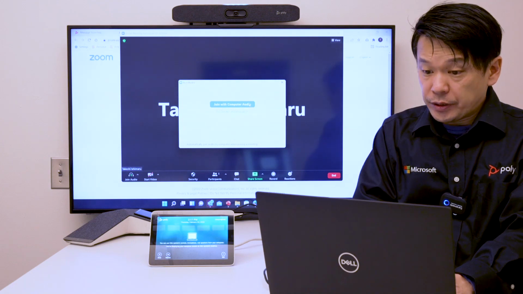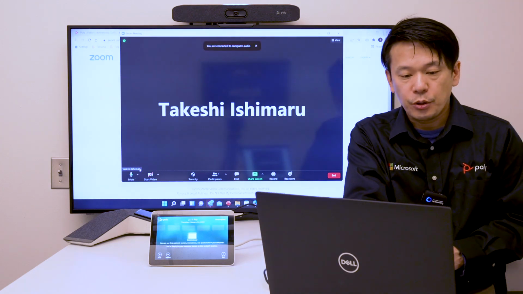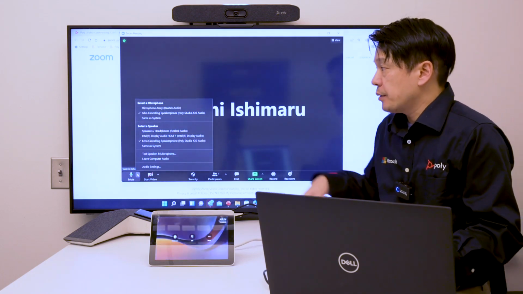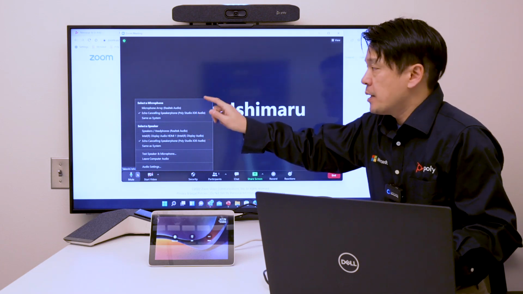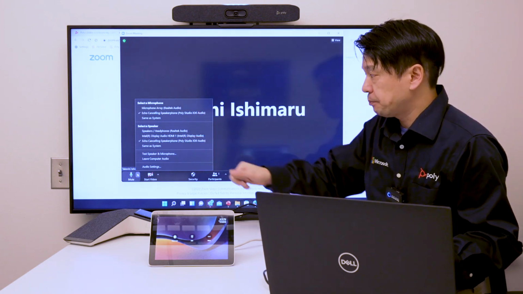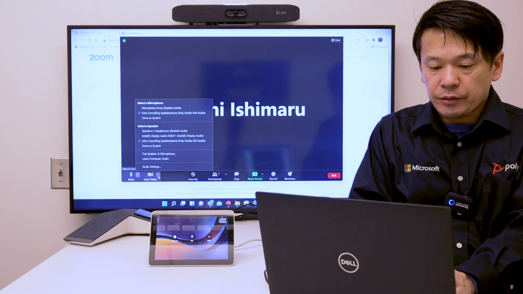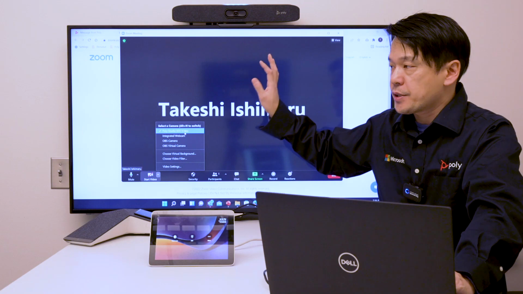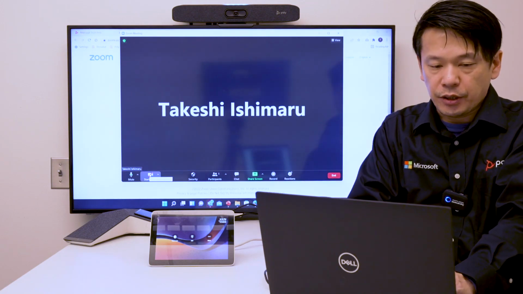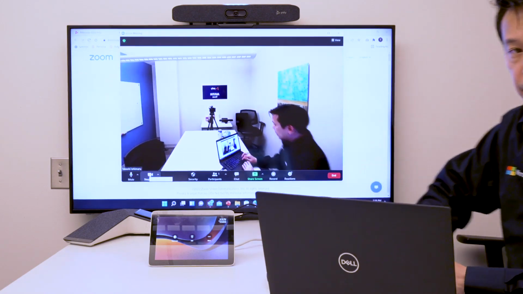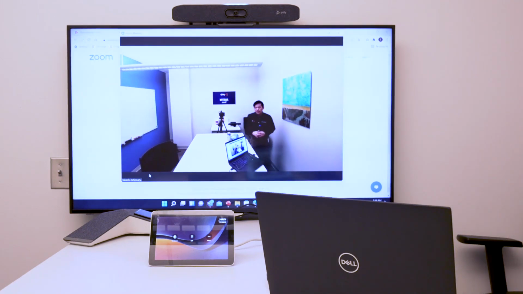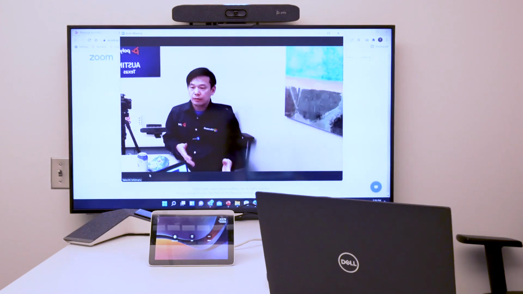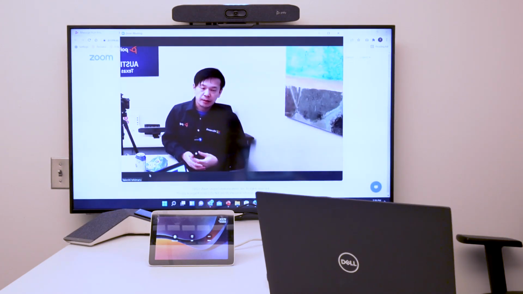And then when I join the meeting, I can go to the audio setting and the video setting. As you can see in the audio setting, Poly Studio X30 is selected for microphone and speaker. Now on the video side, you can make sure that the Poly Studio X30 is selected, and they can start the video. So now I am using Studio X30 and the room monitor for my laptop UC client, and the camera tracking is